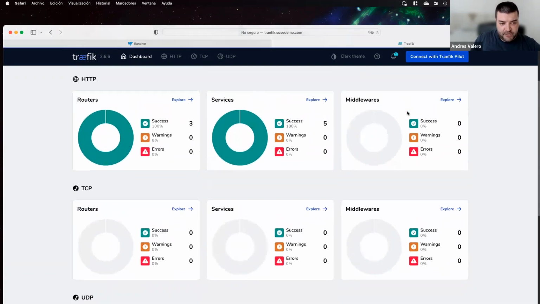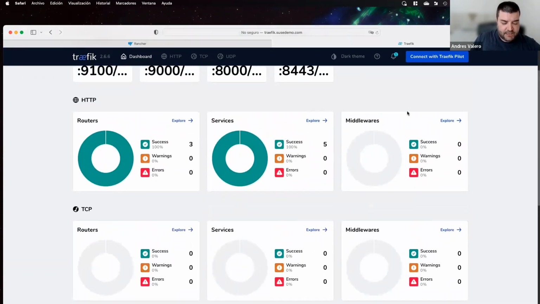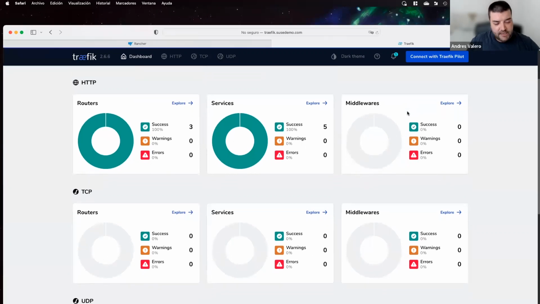You can configure Traefik so it can use TLS encryption by default to your endpoints, and even though you can try to access a port 80, let's say non-secure port, it can redirect you to a secure port. And at the end, what I wanted to show you today is with Harvester and K3s